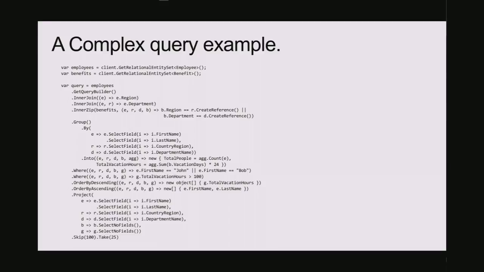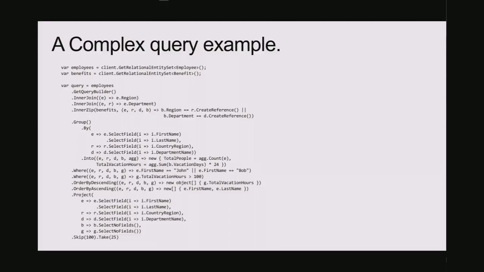But I'll just walk through some code later, and you'll be able to see it more. But you have the concept of entity sets, as they're called. The correct term is an entity set is a table, and an entity is a row in that table. We violate that principle a little bit sometimes, but that's in fact the correct terminology. What you do is you get yourself a query builder, then you build your inner joins, and you do your group by, and you notice that everything is done with lambdas, right?